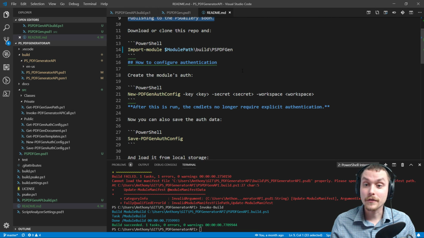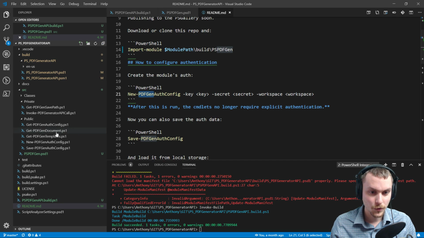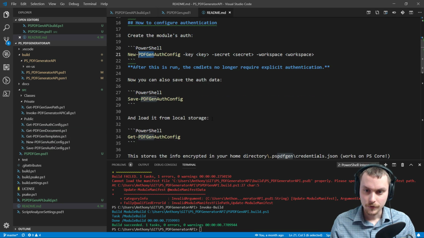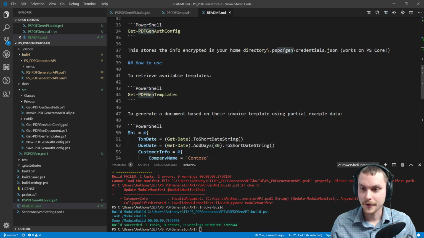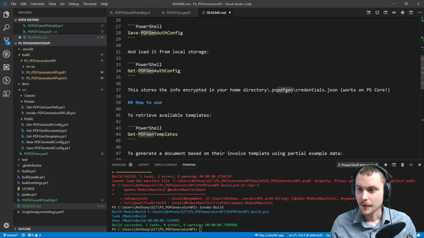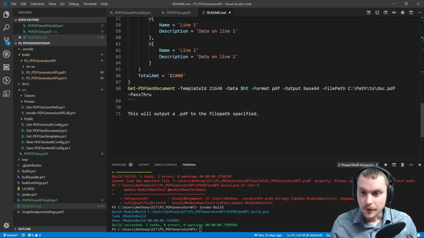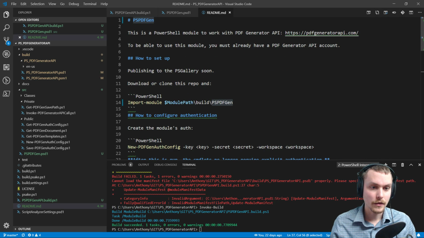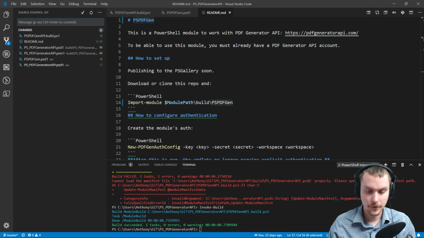Oh yeah, here. One of the reasons I did want to change it to PDF Gen is because most of my commandlets use PDF Gen as the prefix I decided to use. So okay, yeah, I feel a lot better about that. Oh, and I even saved it to the PDF Gen folder. Okay, cool. No other places I think that I need to fix now that I renamed it. Okay, so renamed. I'm doing two things in one commit. Oh well. So renamed repo